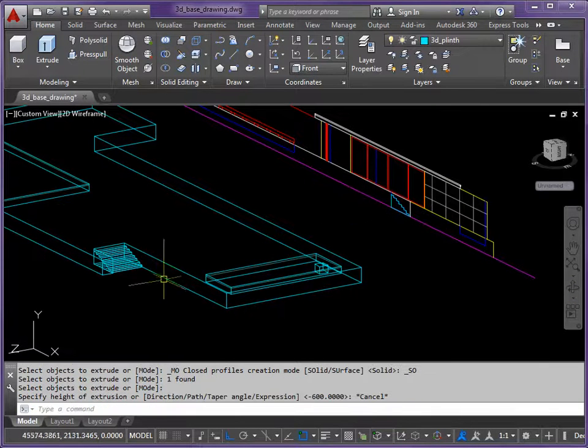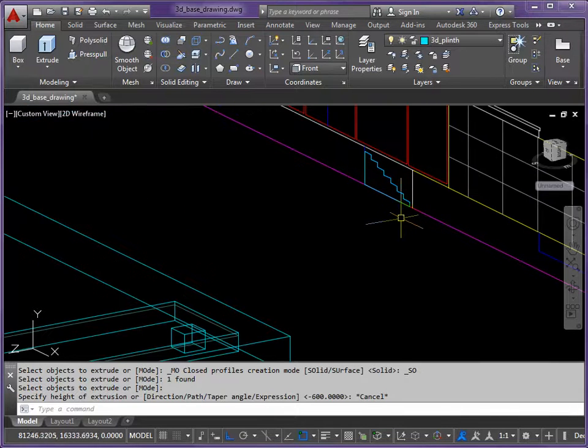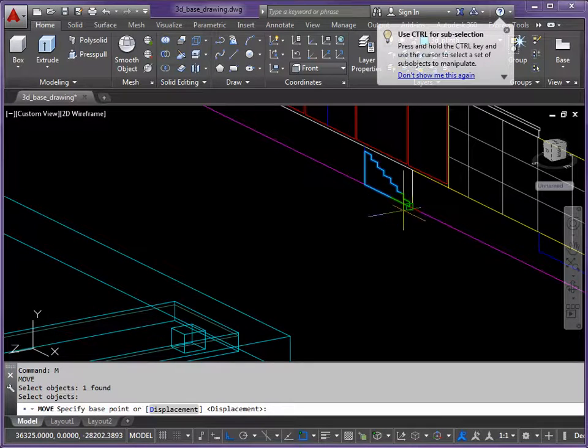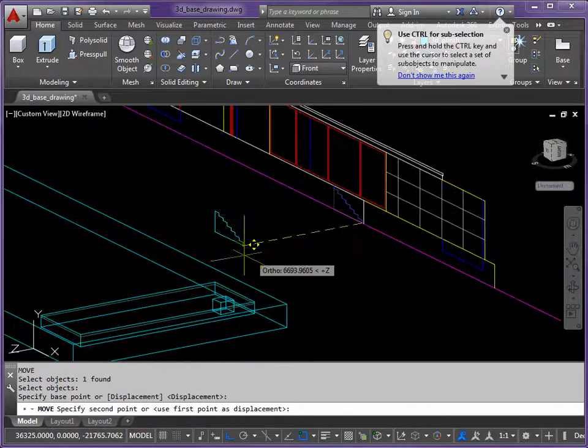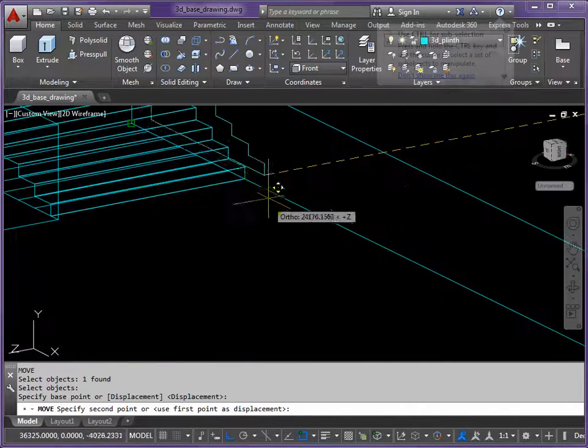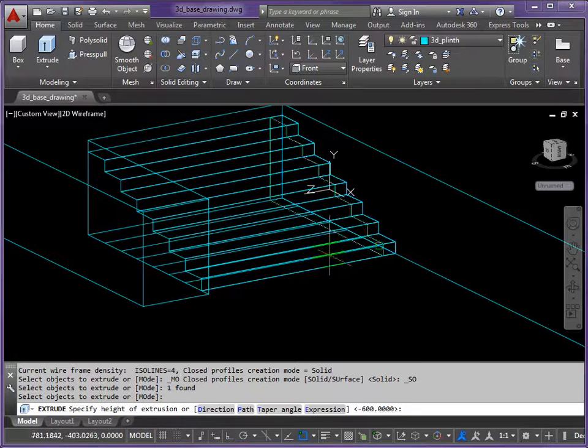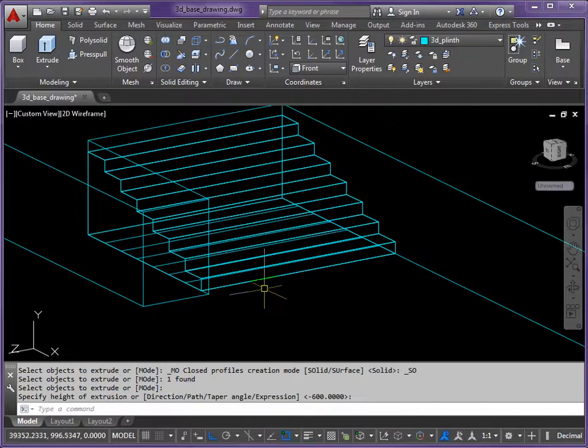Okay, if I didn't know how much to extrude it, I could move it across to the model, pick up the staircase and take it to the correct position on the plan and then extrude it from here. And all I need to do is pick an endpoint